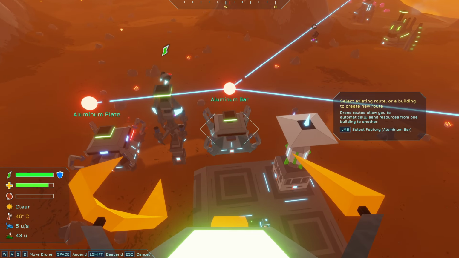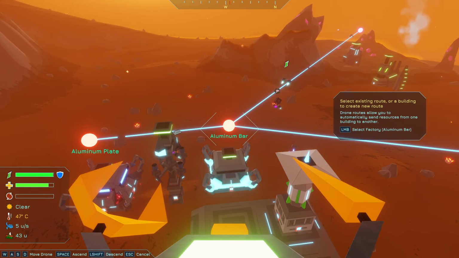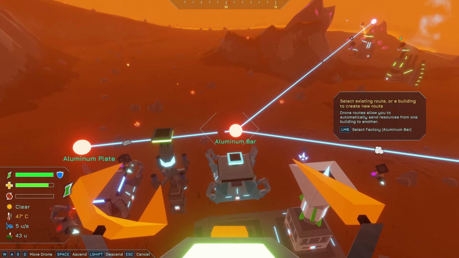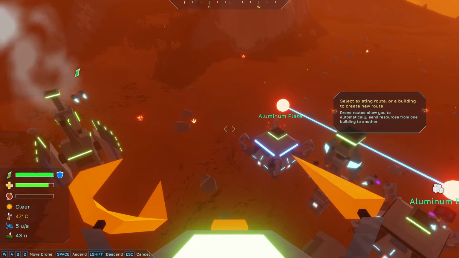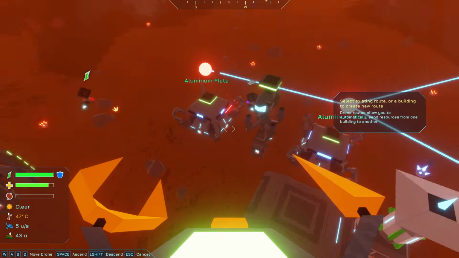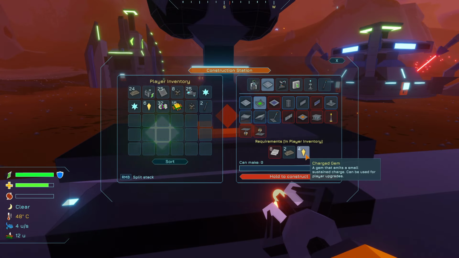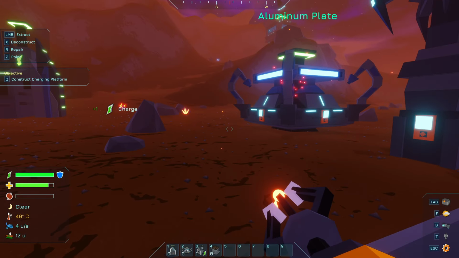So you do have to actually click on the factory, not the ball, if you want to select the factory itself, I guess, to connect it to something else. The ball is just where the output goes. The factory is the input in this case. Alright, good. When we make those plates, and then with those plates,